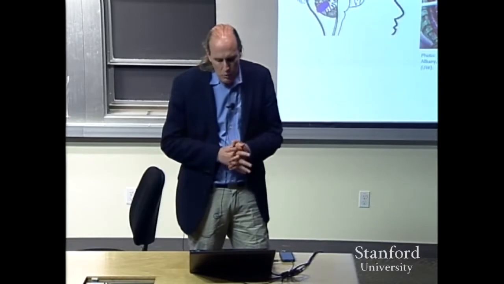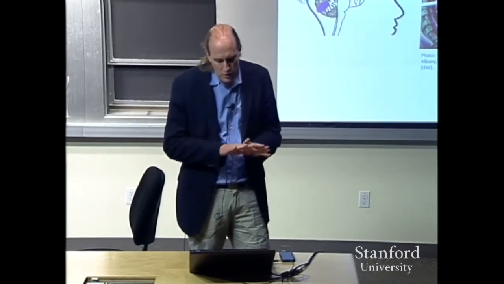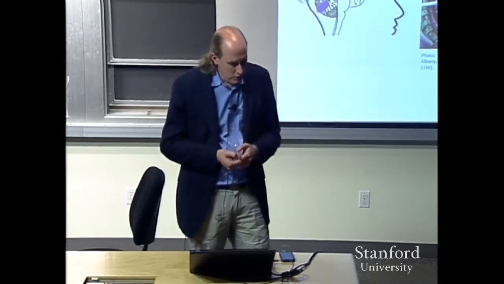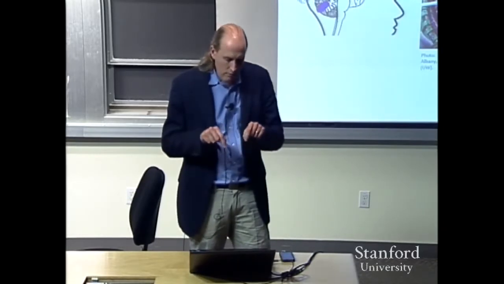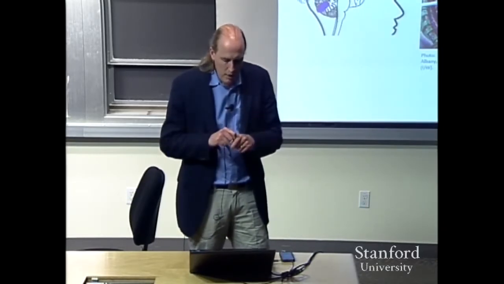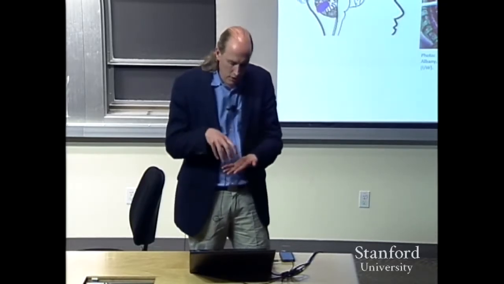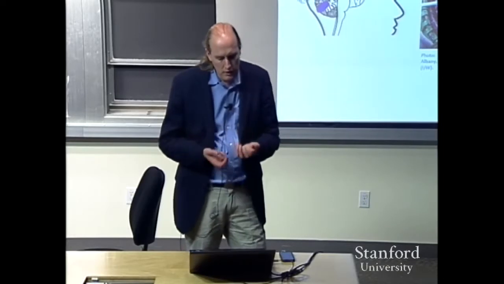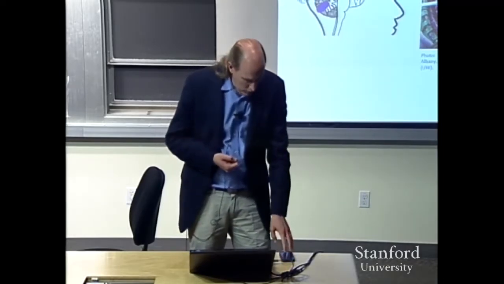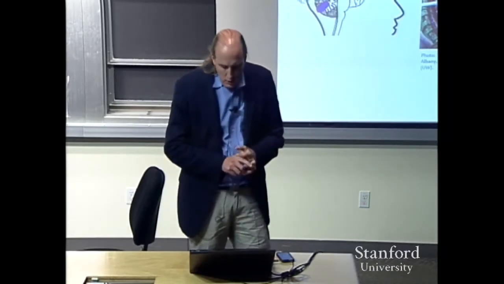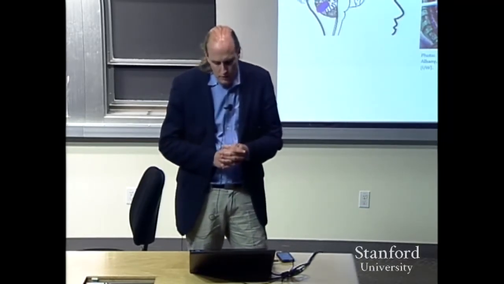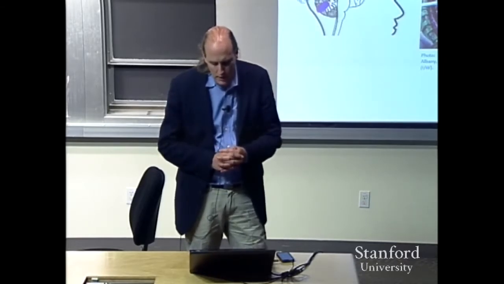ECOG is a system where you apply electrodes to the surface of the brain, and that gives you, of course, much better signal than you can get through the skull, but it's actually less invasive than individual neural spike measurement systems. So there are arrays of essentially needles that get inserted into the brain, and those give the best signals. They can measure the activity of individual neurons, but obviously it's more invasive to actually stick a needle into the brain. So ECOG is something that there's quite a bit of expertise at University of Washington, and right now it's